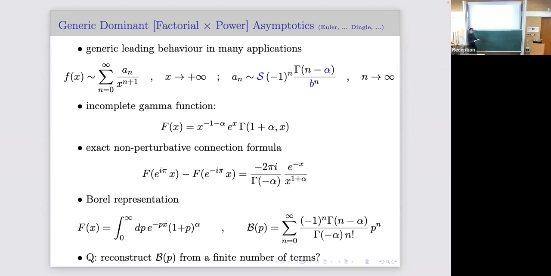So the Borel transform is a regularization of the asymptotic series. It brings it under control. And now, if you can understand the singularity structure of the transform, you understand the global properties of the function. This is generated as a small p expansion, so it corresponds to large x. But now, if you want to extrapolate down to small x, you need to know something about how this thing behaves analytically.